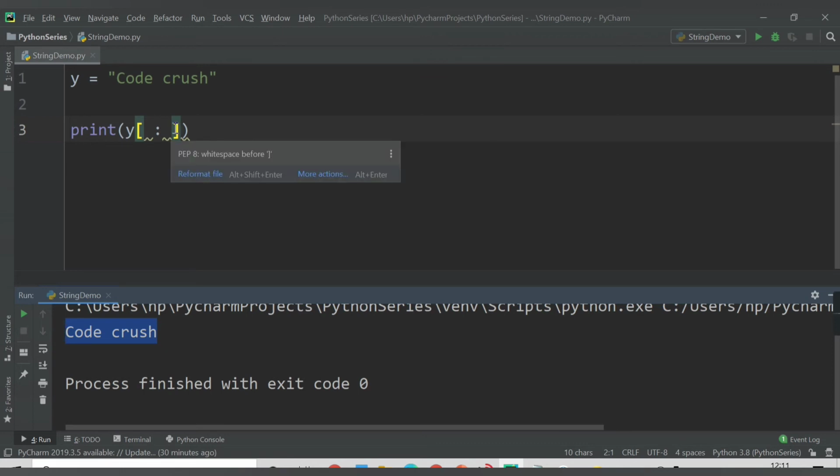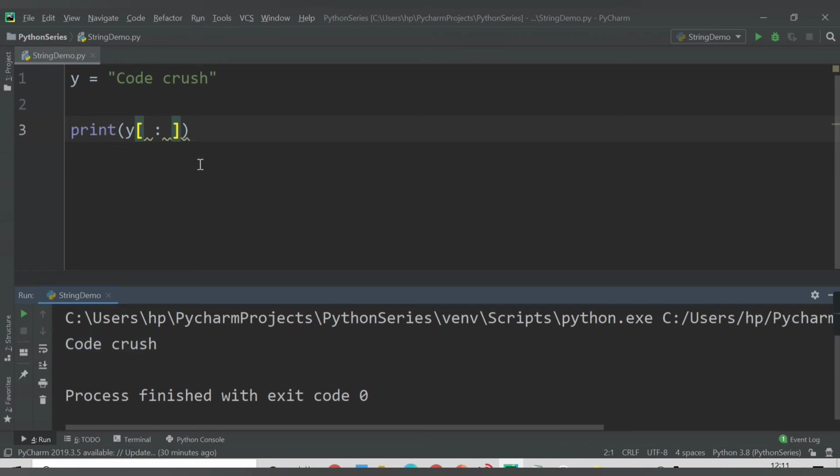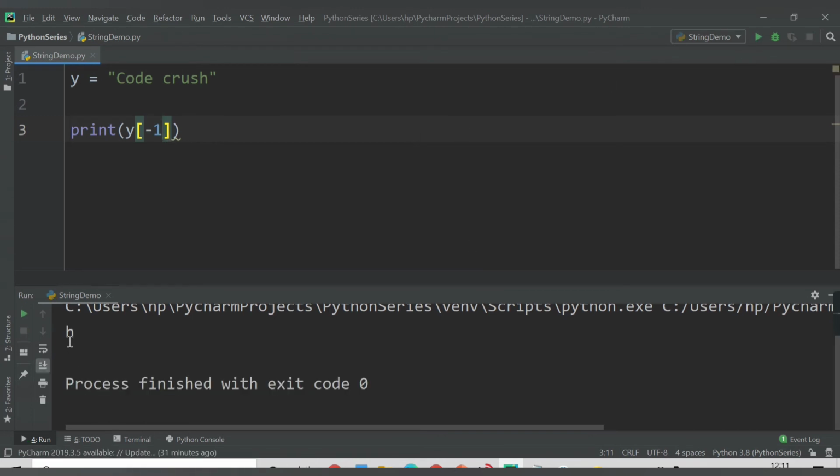Another way, in this slicing you can also provide negative values. Before that, let me show you. If I print -1, what will I get? I'm getting here H. It means it will print the last value. So negative numbers start from the reverse of the string, like the last number will be -1, then -2. If I say -2, then it will print S. See, it is printing S.